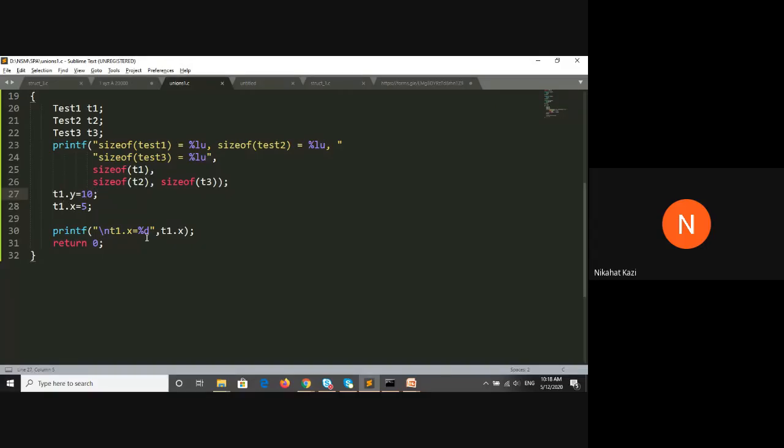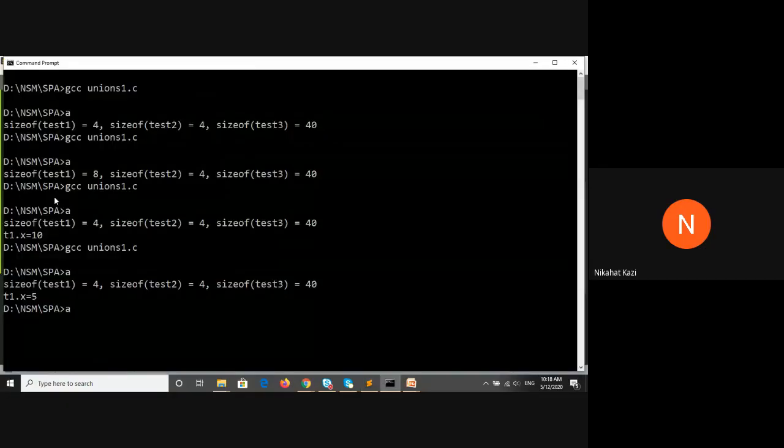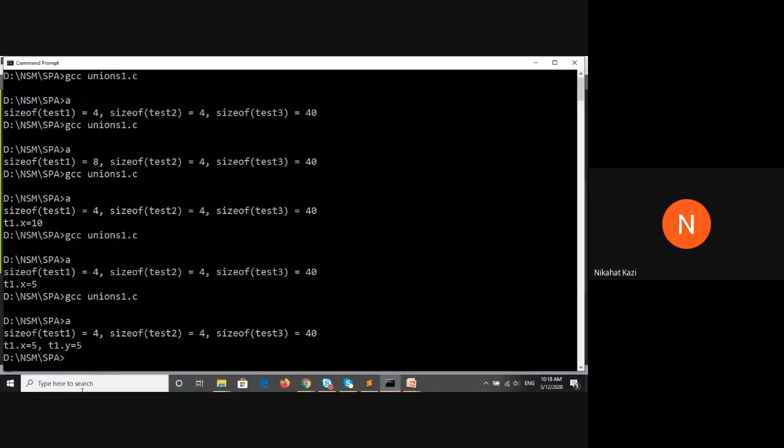So if I print both here, t1.x as well as t1.y, I will show that as well. First is t1.x and second is t1.y. Suppose I do this, for both it will print the same.